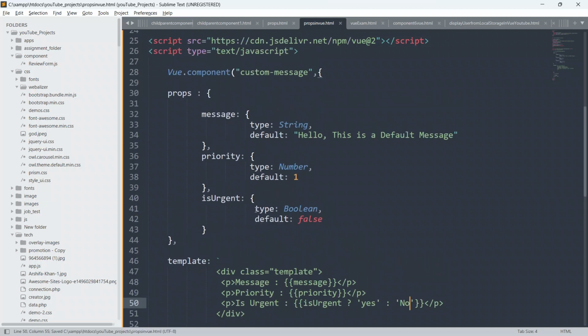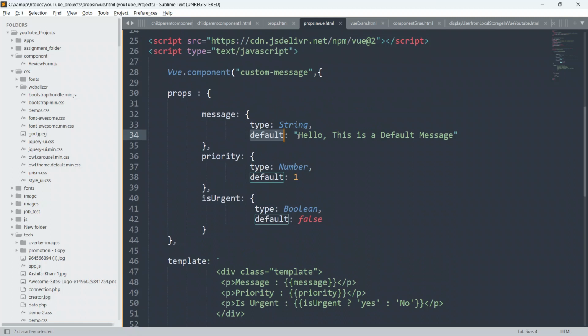Okay, so guys, always remember, properties or props is a key value pair. You can see here, this is the key and this is the value.